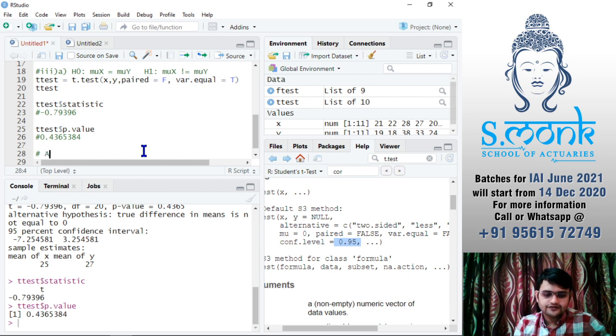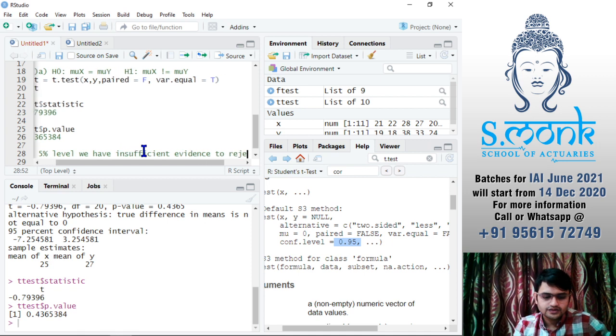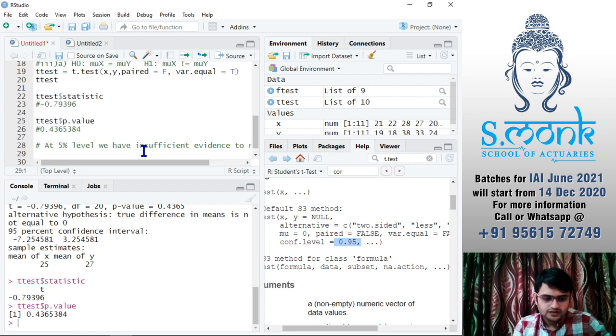So they are asking us to check at 5%, so at 5% level we have insufficient evidence to reject H naught. So therefore our conclusion is that the means are equal.